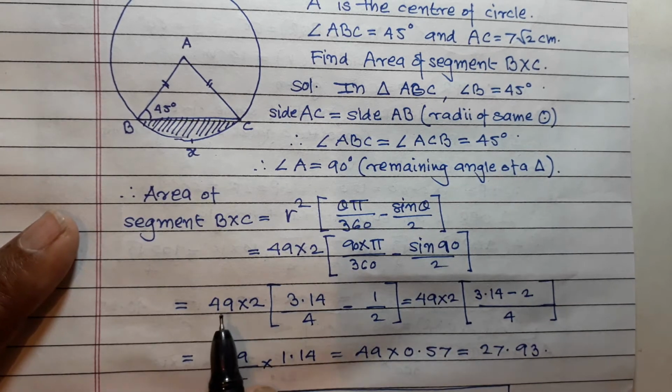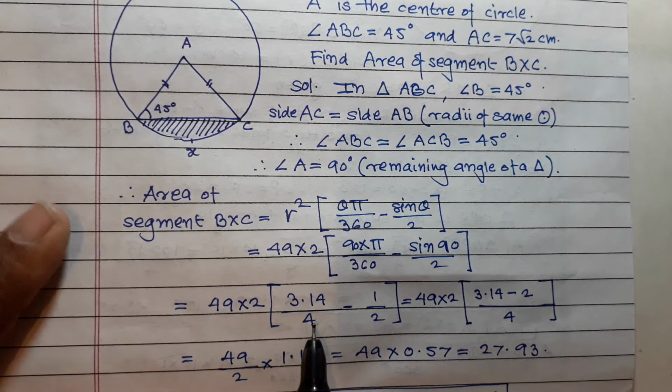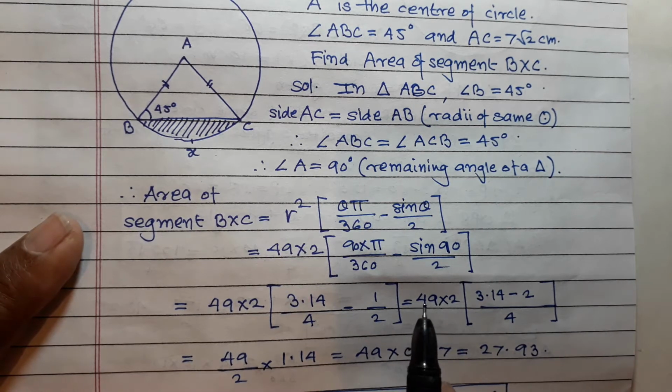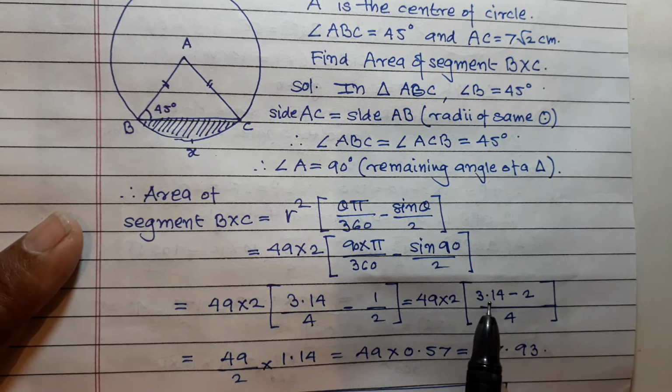So it is equal to 49 into 2 into bracket 3.14 upon 4 minus 1 upon 2, is equal to 49 into 2 into bracket